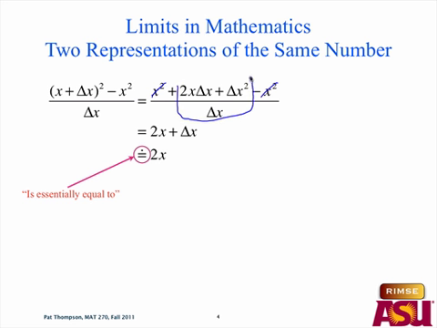And notice there's a delta x in all of those, so you can factor delta x out, and you're left with 2x plus delta x. If delta x gets very, very small, this expression right here, which was our average rate of change function for our particular accumulation function, x squared, is essentially equal to, this symbol right here, equals with a dot, means they're essentially the same,